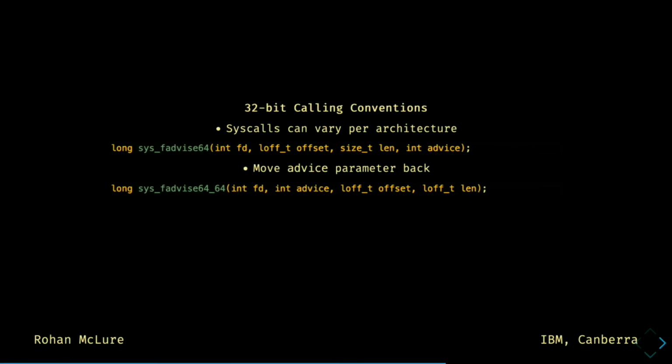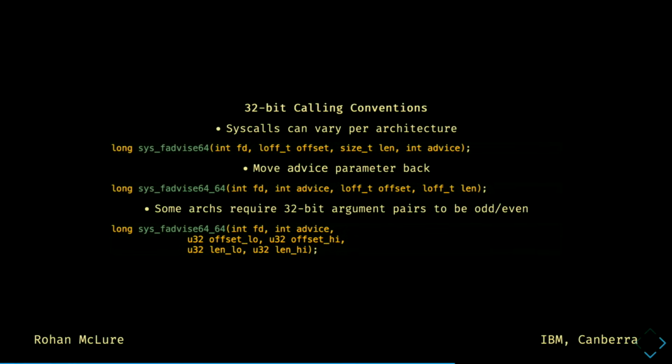See, 32-bit machines still need to be able to send these two 64-bit params. That's the loffs I'm pointing to. How do you send a 64-bit parameter with 32-bit registers? Well, you obviously split it in 2, and so that comes to 6. And why did we have to move advice to the back? Well, it's because these architectures in their function calling conventions specify that these register pairs, which unite to become single 64-bit values, better be odd-even in their indexing. All right, so